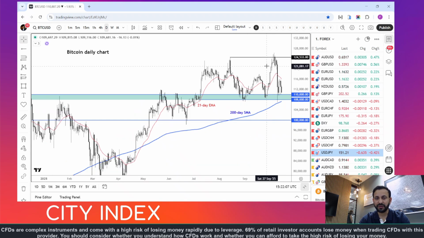So at the moment, it's far too early to suggest that Bitcoin has topped out, but this fake breakout above the previous high here and the subsequent downside follow through, which momentarily created a lower low beneath this low, is a sign to suggest that we may have potentially seen a temporary top at least.